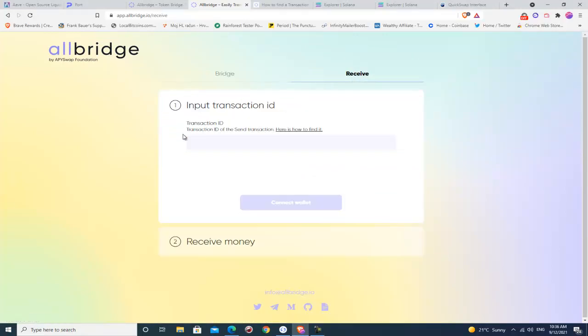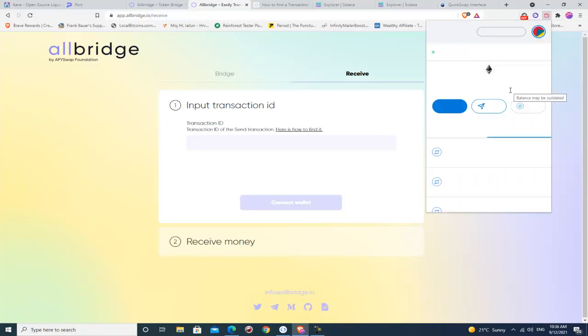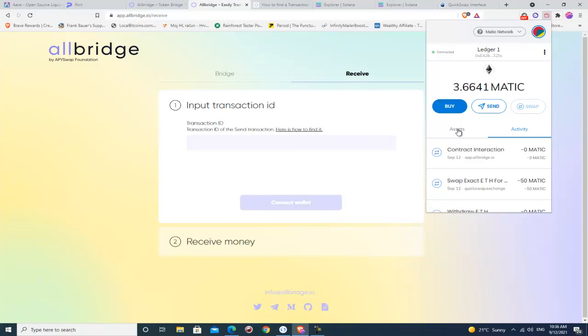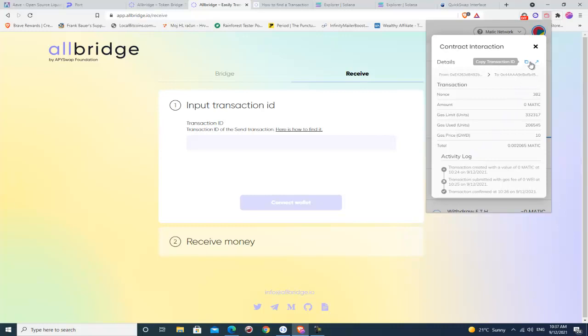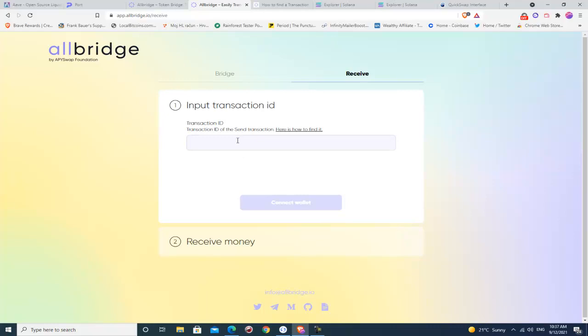Okay, you need to submit the transaction ID. How to find it? If you used Polygon, then you need to go inside your Metamask or wallet inside Brave. It is the same thing. And if this was your last activity and transaction, go to activity, contract interaction, and copy the transaction ID. Then you will copy the ID,